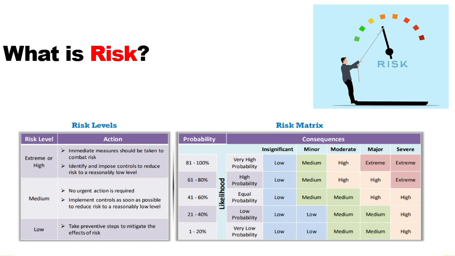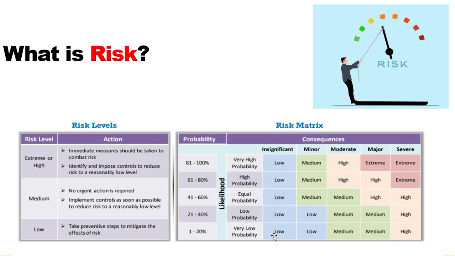If you read this table, it clearly states that if you have a risk whose probability is, let's say, 1 to 20%, the likelihood, the chances of this risk, will be very low and the impact will be very low. Even if someone attacks that particular low-probability risk area, the attacker is not going to do much in your environment.